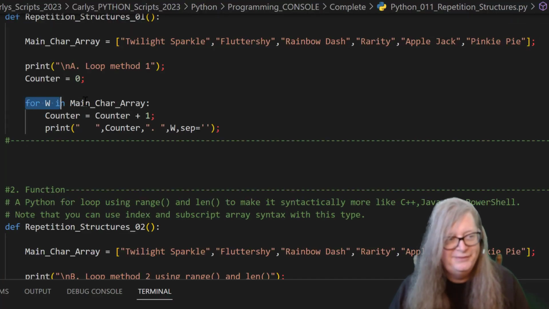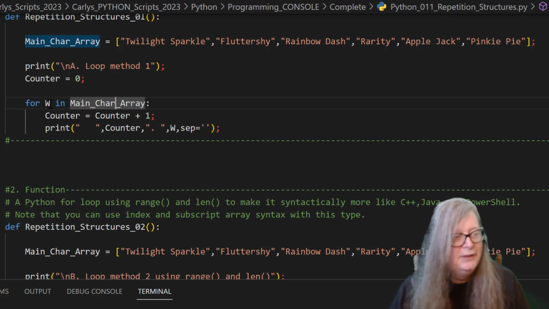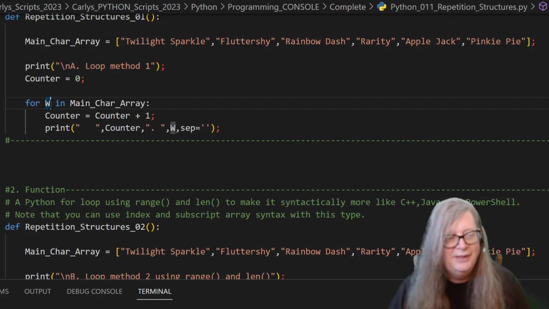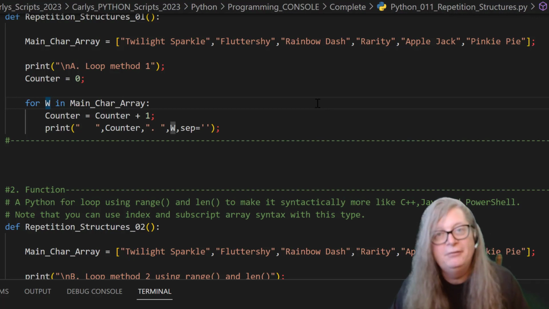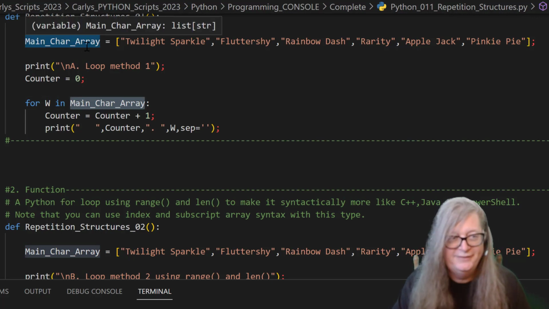Here is our basic for loop repetition structure in Python. So for, this could be anything. You can call it W, you could call it foobar, you could call it Monty Python, supercalifragilistic, whatever you want, but it's just a variable that you declare that will hold the position, the index value of the iterable object that you're going to iterate through in your repetition structure, in your for loop, okay? And then in main character array, well, that's the name of our list object, aka array, defined up here with